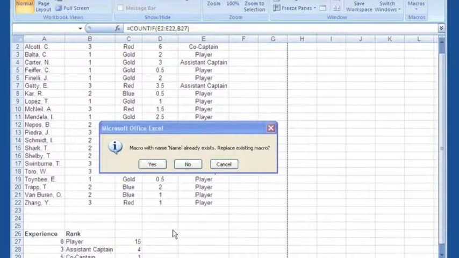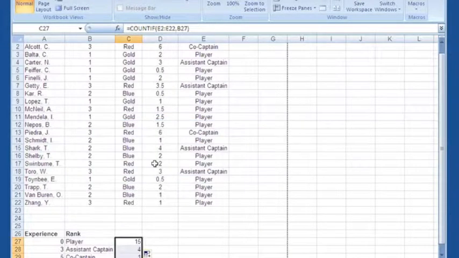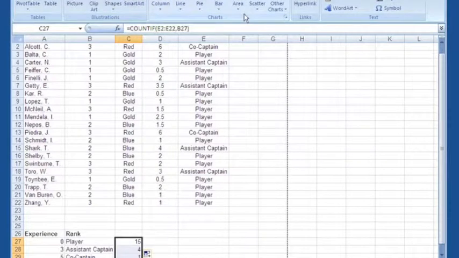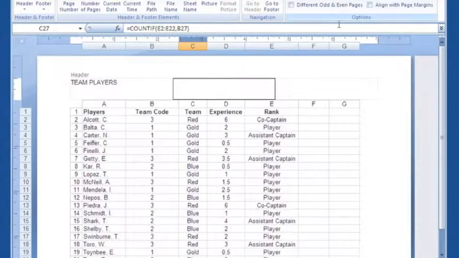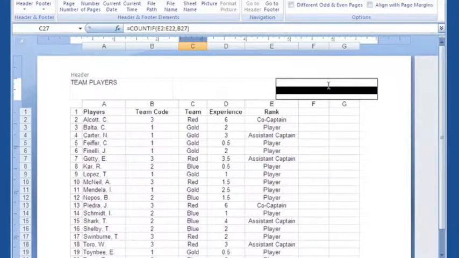Okay, and since I already had a macro with this name, I'm just going to tell it that I want to replace the existing one. Alright, so now it is waiting for me to do whatever keystrokes I want it to record. And then when I'm done, I'm going to click on Stop Recording. So you just go ahead and do exactly what you would do to insert a header or footer. So you're going to click on Insert, Header and Footer. You want your name to be right aligned. So we're going to type name. And if you needed to change